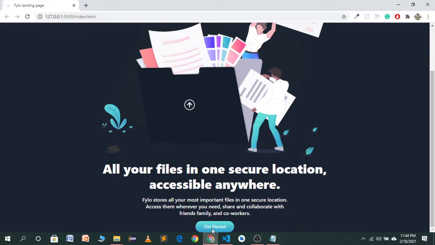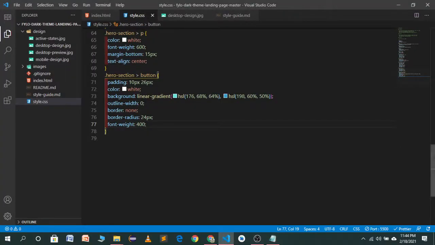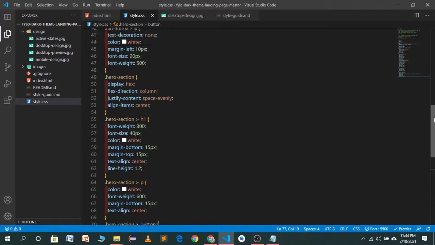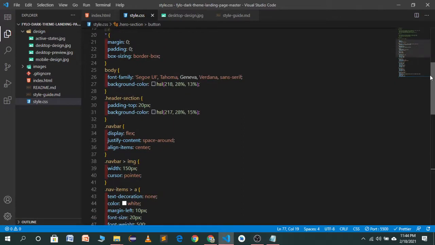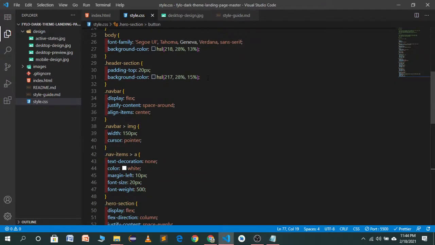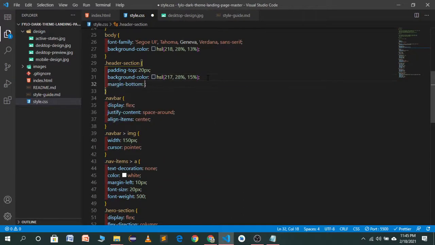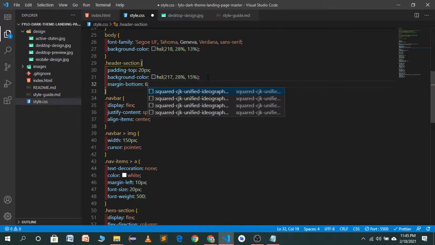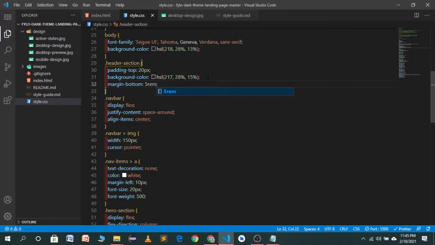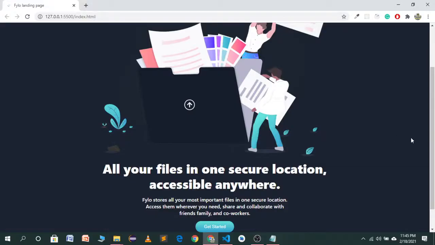Now you will see it looking good right now, but we want to give margin bottom to this header container, which is the header section. We'll give it a margin bottom of, let's try 5 rem. I hope it will look good.